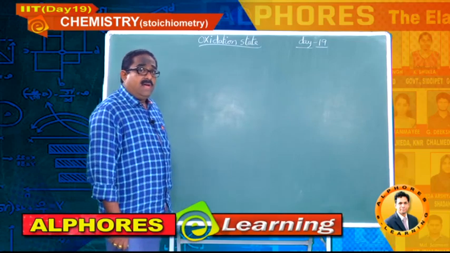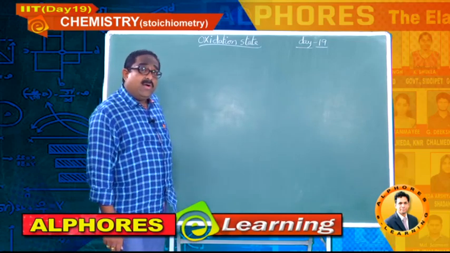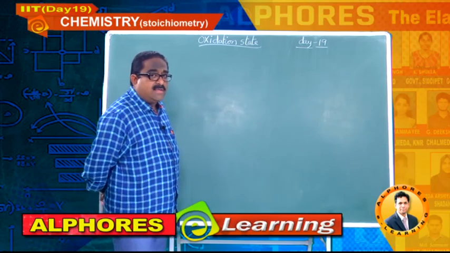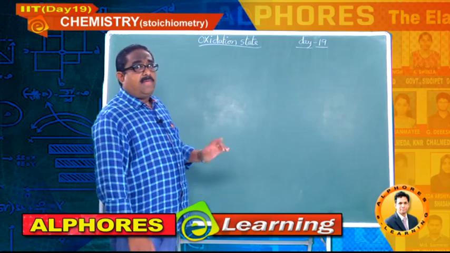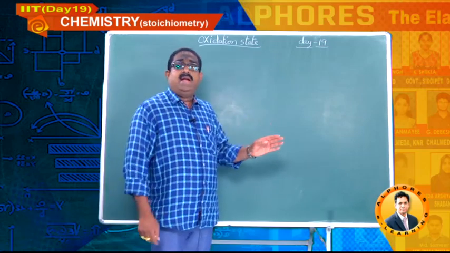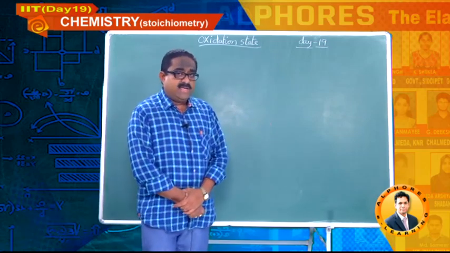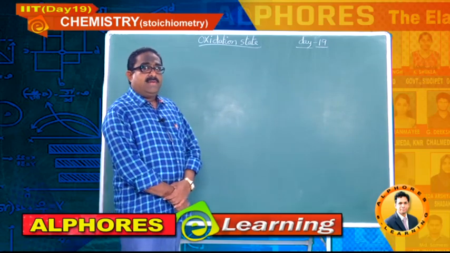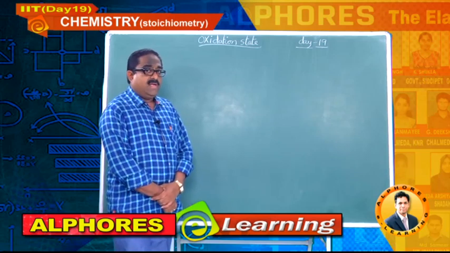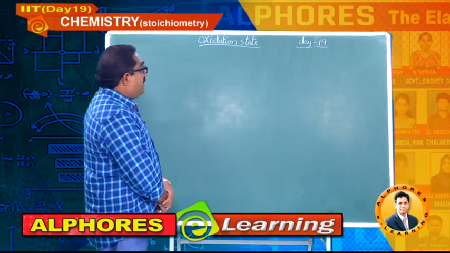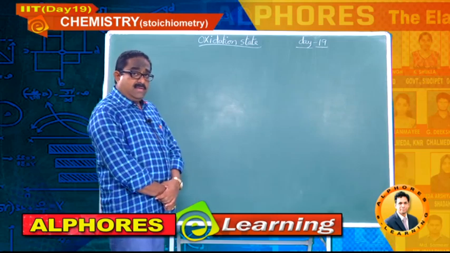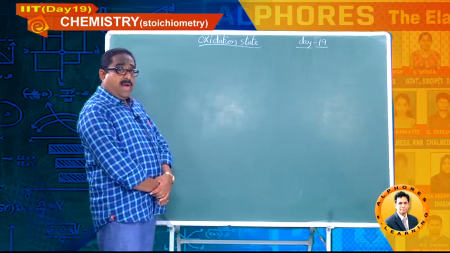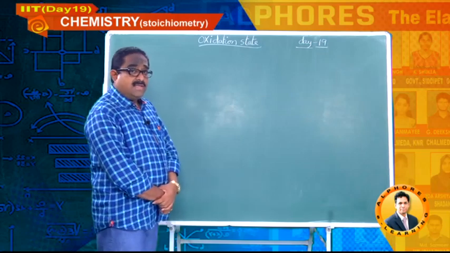In the previous session I concluded with hydrogen. Hydrogen always exhibits +1 oxidation state, except in metal hydrides, where its oxidation state is -1. That's what we discussed at the end of the previous session. Now in this session I am going to start with another rule, to estimate the oxidation state of oxygen.